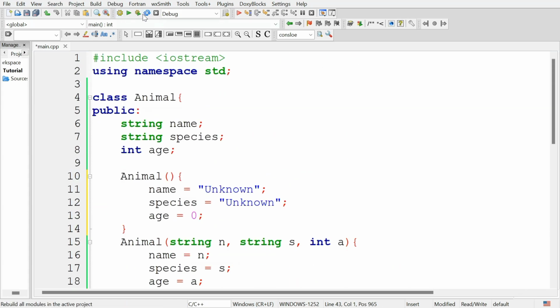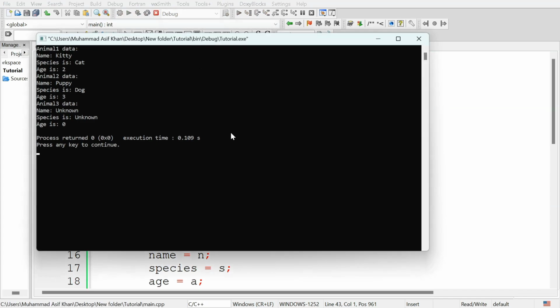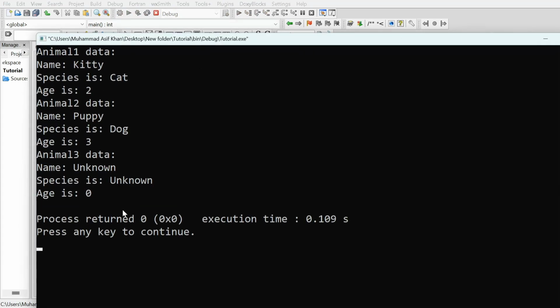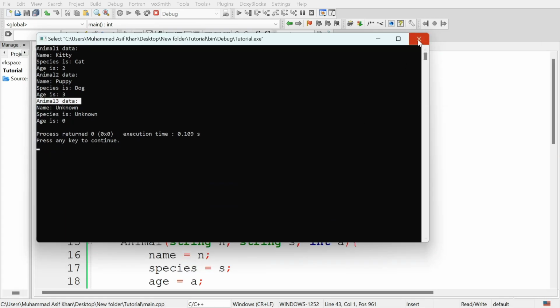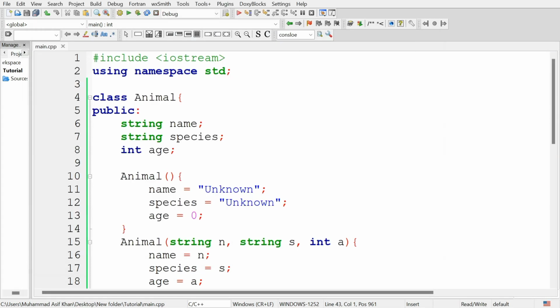Let's run the program, and you can see it displayed animal 3 data is name unknown, species unknown, age is 0. So a class can have more than one constructor, and this concept is known as constructor overloading. And this is all about constructors in C++ programming. With this knowledge, you are ready to create and manage objects efficiently.